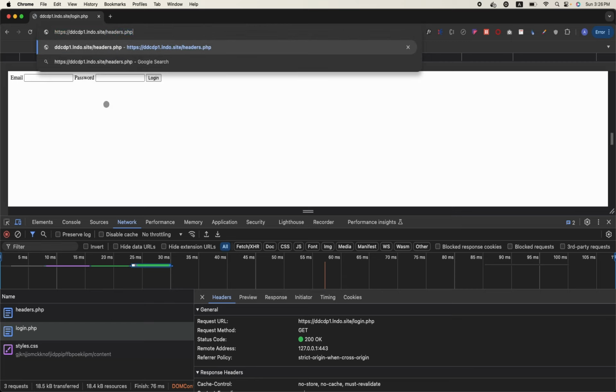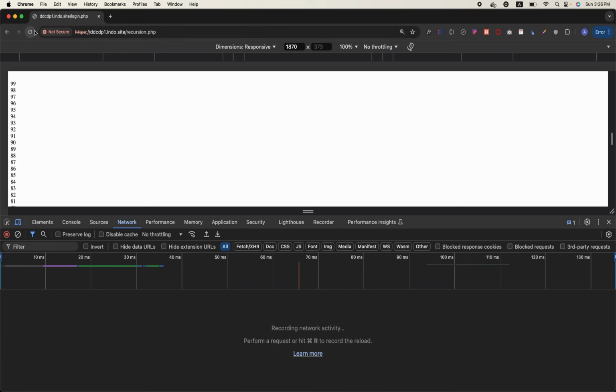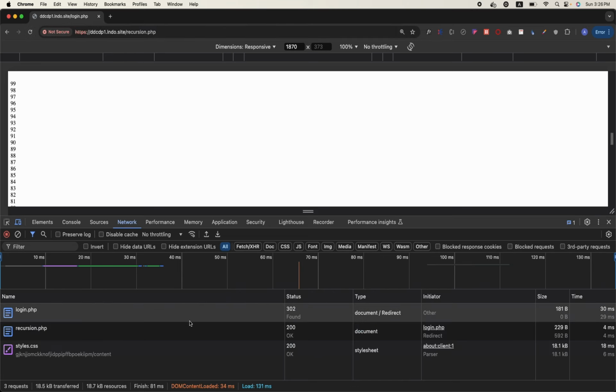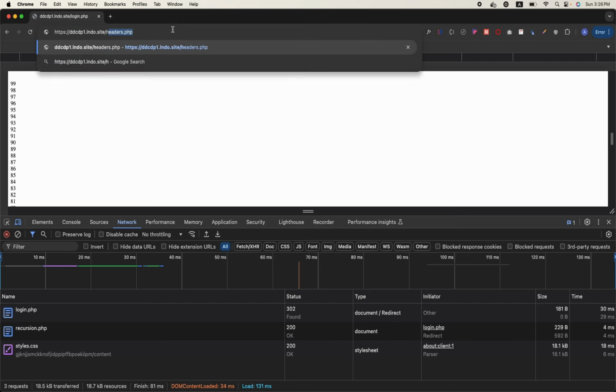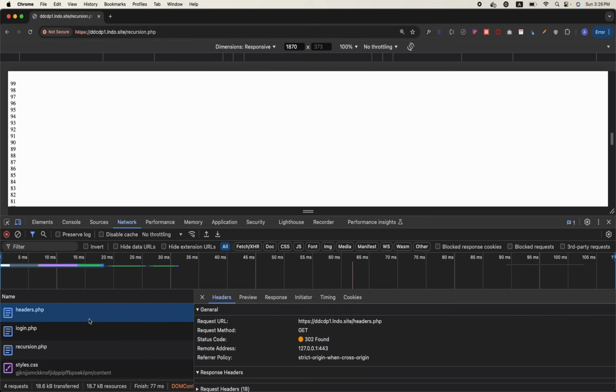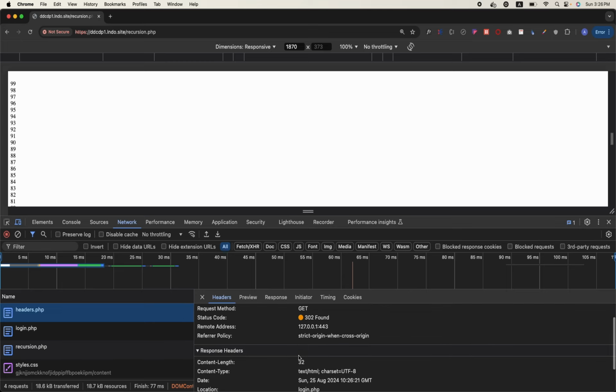How many pages will be here in the network tab? So you can see, maybe we just need to have headers.php. Okay, if I come to headers.php